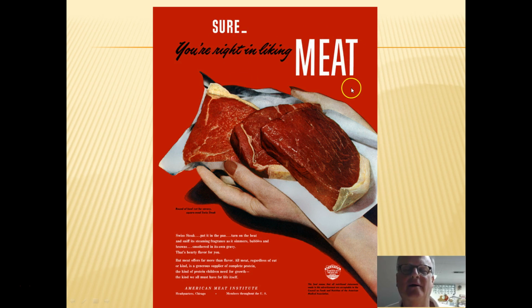First is the red color. Red is a powerful color. It draws us in. We see the meat, pictures of the meat here. And we see the red on the fingernails. We see what's clearly a woman's hand holding them, because back when this was made, women were the cooks. So this is clearly designed to say, oh, eating meat, it's really good for you.